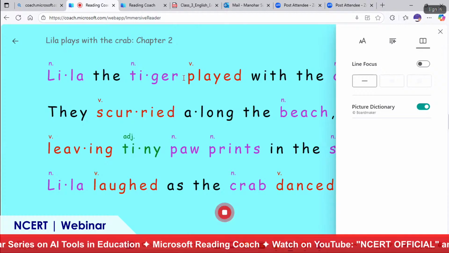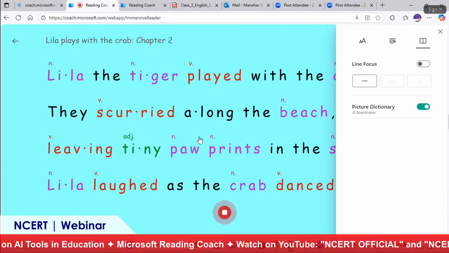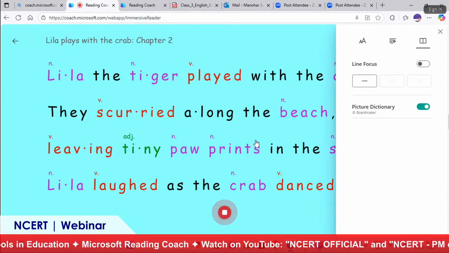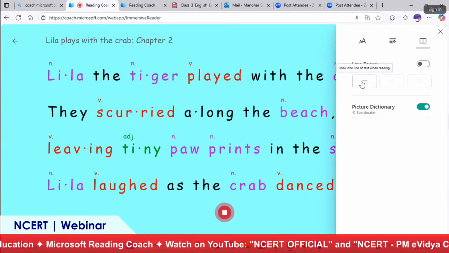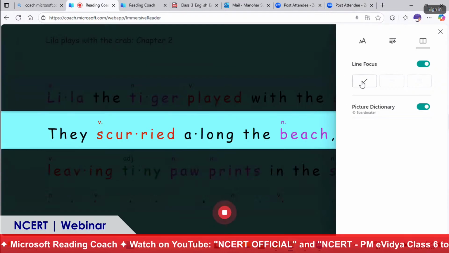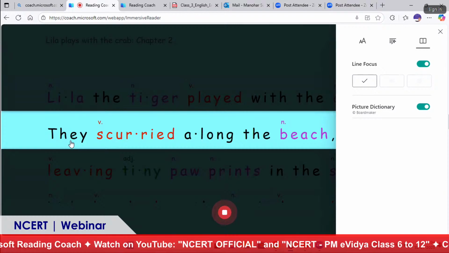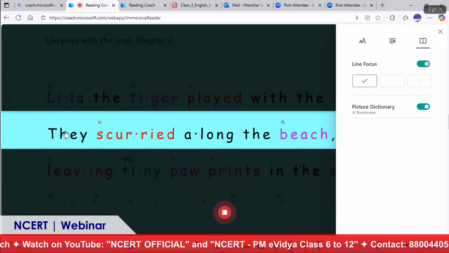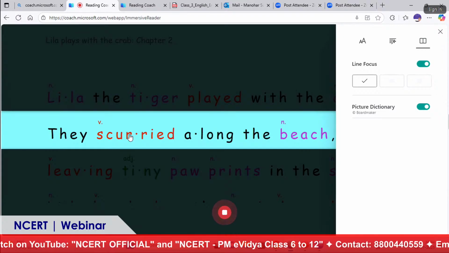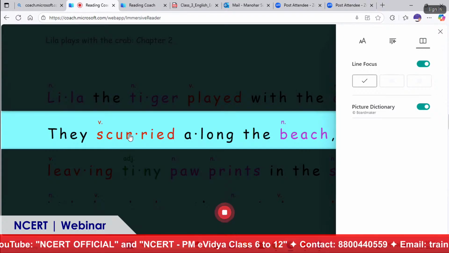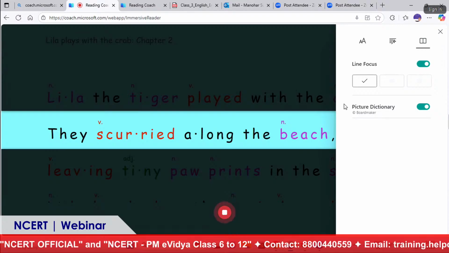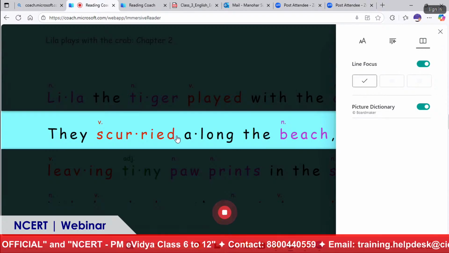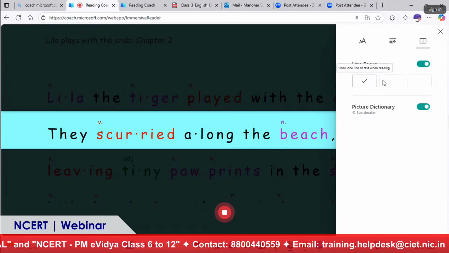There are 4 lines you can see here. You can see the particular line. You can click this option. The center line is visible. They studied a long beach, these lines only. Particularly, we want to read again. So, by clicking this option, we can practice this line. Then,